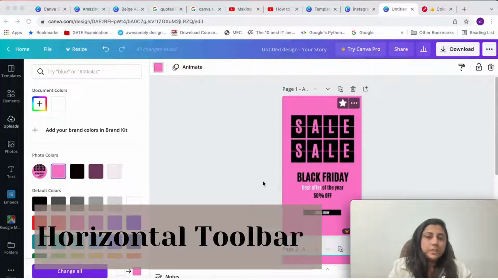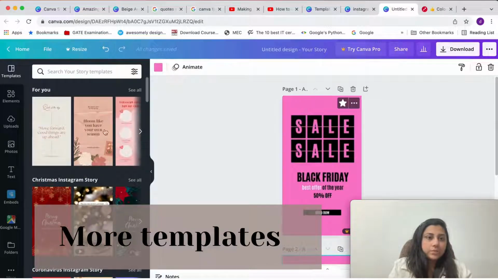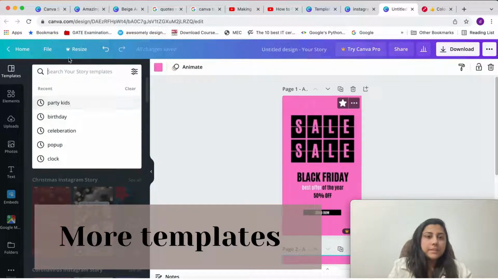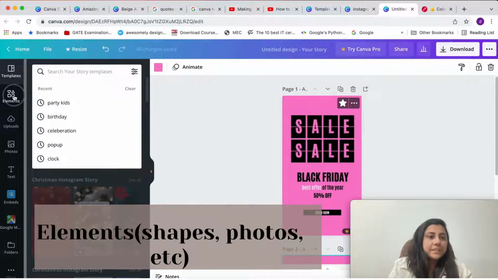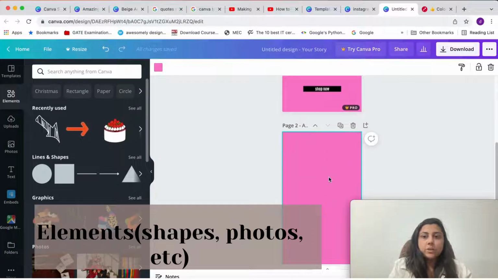Before moving forward and creating all the stuff that is already existing over here, I'd like to take the opportunity to explain all this side toolbar to you. These are the templates, so you can already select other templates if you want to from here. You can search for templates and find free ones or whatever you require. These are the elements. Once you have selected a template or page for yourself and you want to add some elements to it, you can do so from here.